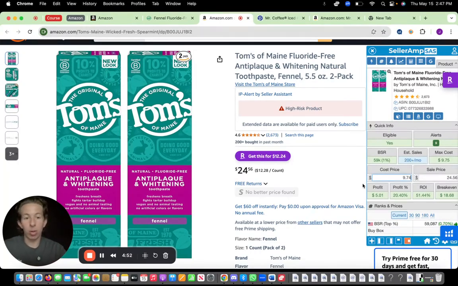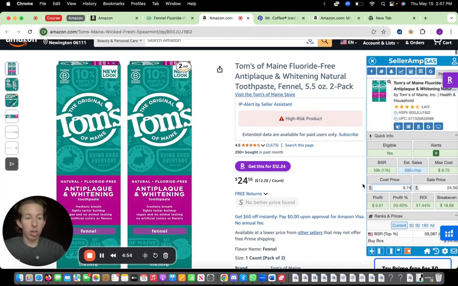Some of you may live in states where you just don't have to pay sales tax in general. So this being at $9.74 is a really quality lead. As you can see here, the ROI is great, the profit is great. But even if you get it at a 10% discount for some type of welcome bonus at the time, and it's maybe around $11, it's still 34%